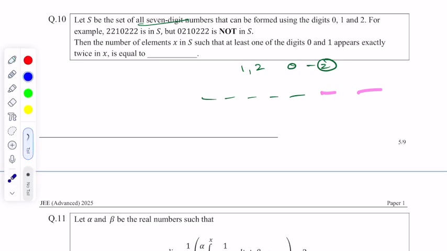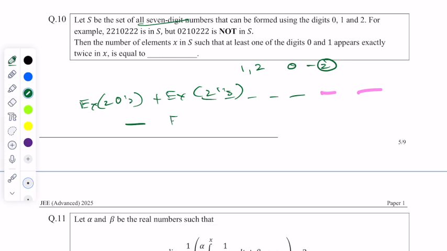Alright, so let's say these 2 places are coming with 0. Now for the remaining ones, we have two options for each of the cases. So I have 2 options over here, 2 here, 2 here, 2 here, 2 here, because they can be filled with any number of 1s and 2s. In a similar way, we can do it for 1s. So we can do exactly 2 zeros plus exactly 2 1s, and then